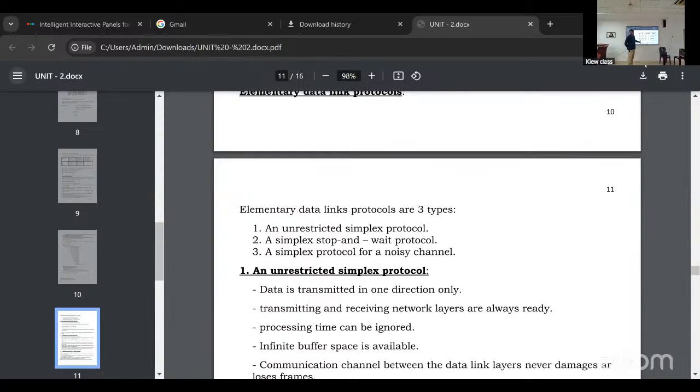F అంటే ఏంది? Fiber optic. T అంటే ఏంది? Twisted pair.